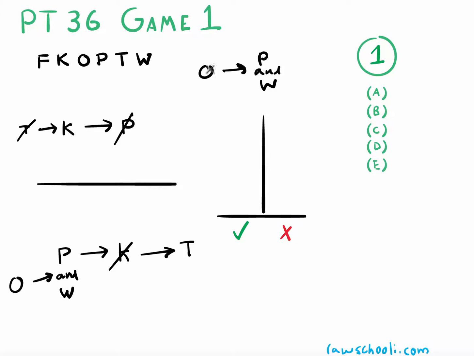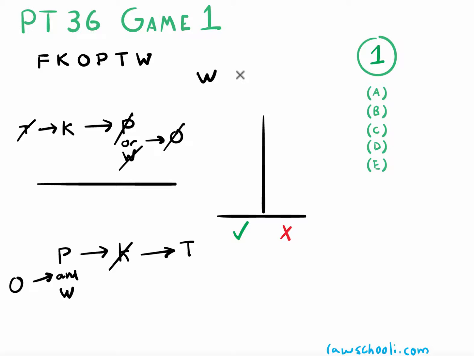If you had one that doesn't link up with anything, what I would do is leave it off to the side and see if it links up later. And if worse comes to worse, you can just leave it unconnected to your chain. The contrapositive here would be not P or, making sure to change that operator, not P or W, then not O. And then the last rule, if the stand carries W,